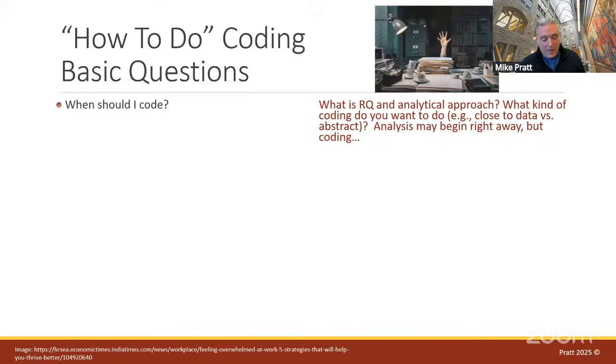But later on, you're probably going to want to recode your data. I'm going to say you actually will want to recode your data at some point. At that point, you may want to get more abstract. But that abstract coding you don't want to start with. And this is probably the biggest mistake I see people who are learning qualitative methods make. They say, well, I want to make this more efficient. I want to skip the line and move right to abstract coding of my data with theoretical terms on my first time through. That is not a good idea.